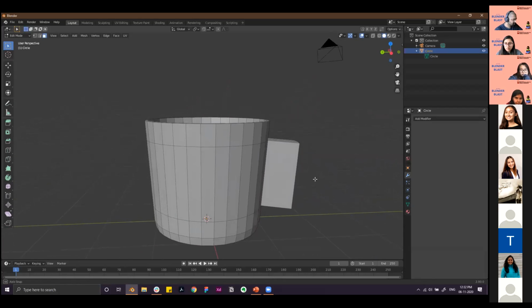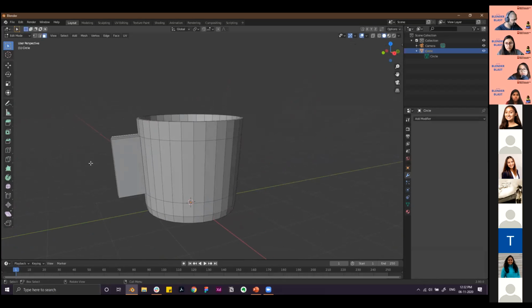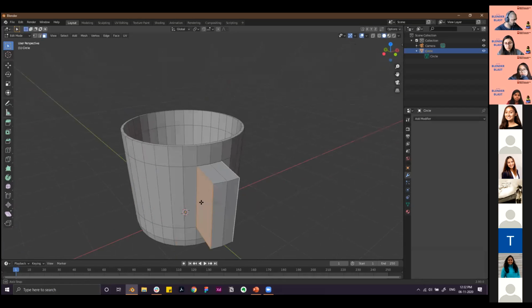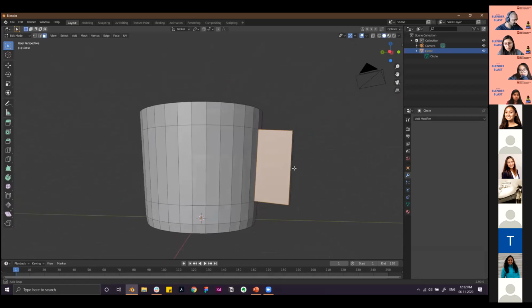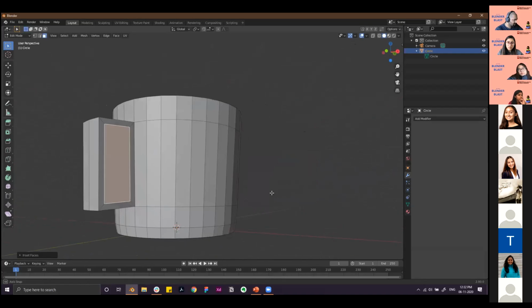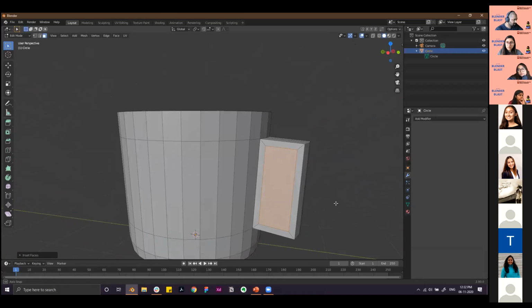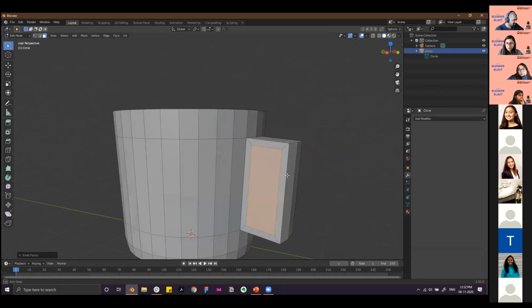Once you've extruded it, you can select the opposite faces of the extruded handle, and then you can press I to inset it. So this would be basically giving the thickness, and this will allow us to create the space between the faces.